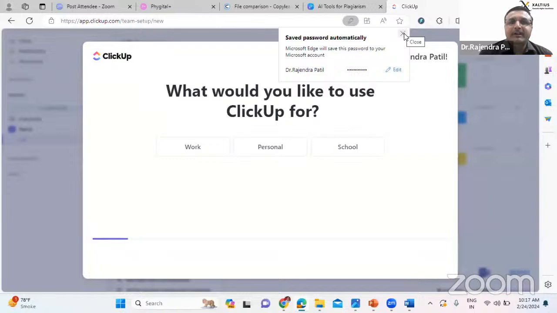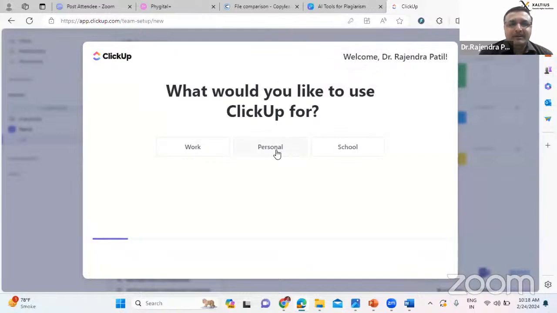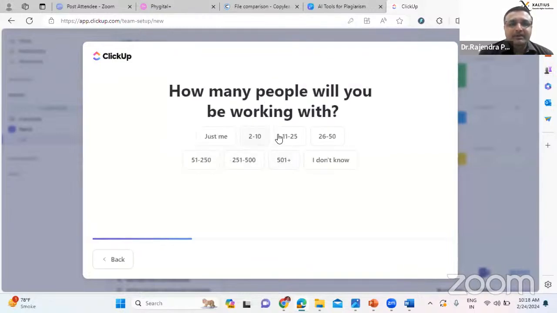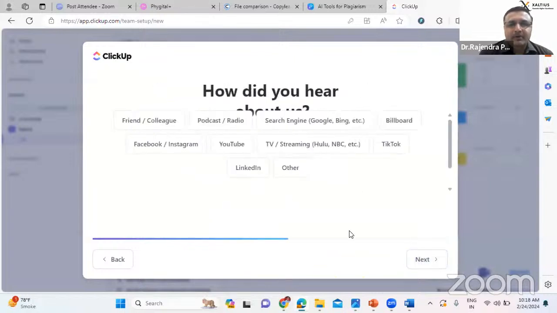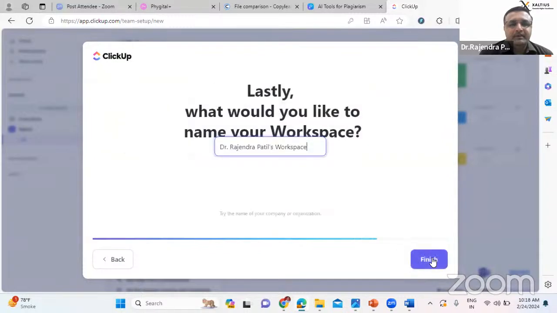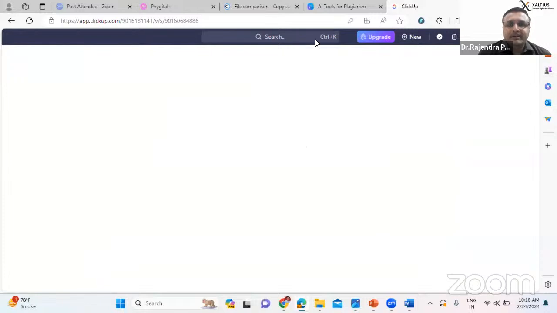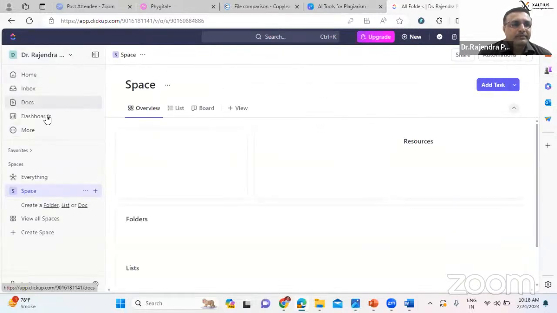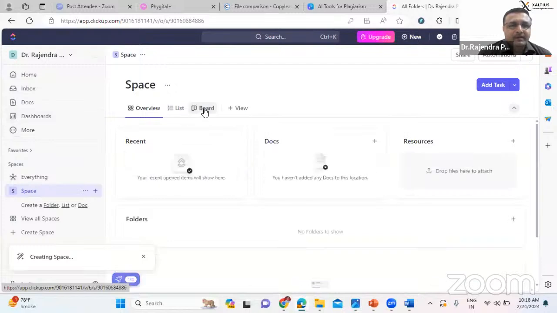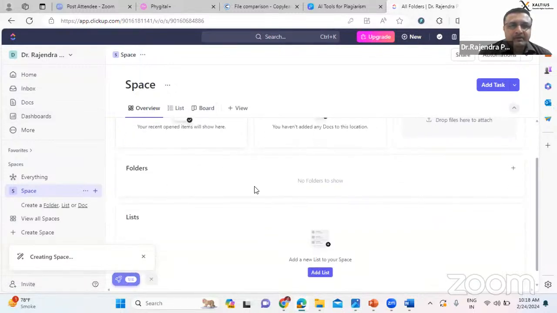Today I'm just getting you introduced and trying my best to show how you can use it for your purpose. Here you can design your workflows and all. It takes time again, and you need proper data, but I'm just showing you.